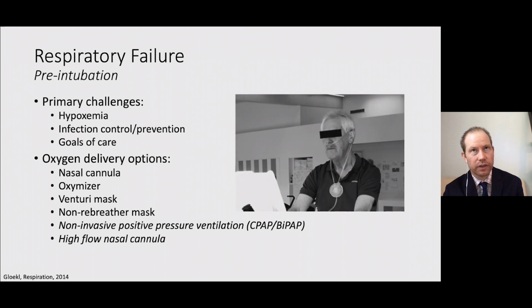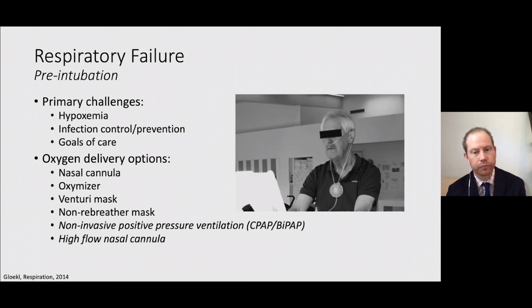And then we also have to think very carefully about goals of care. We won't dive into great detail about this, but as many of you, not all of you, are aware, patients who have COVID-19 who are older tend to do worse. And I think that probably comes as little surprise to those of us who care for patients with respiratory illnesses in the ICU. But it's particularly striking in COVID-19, and we do need to think very carefully about whether patients who have severe respiratory failure who are older, how aggressive we might want to be, or they might want us to be, more to the point, when we're taking care of them and thinking about how we're going to escalate their care.